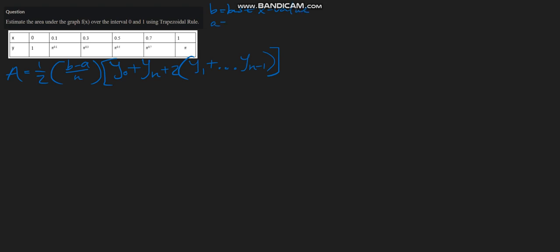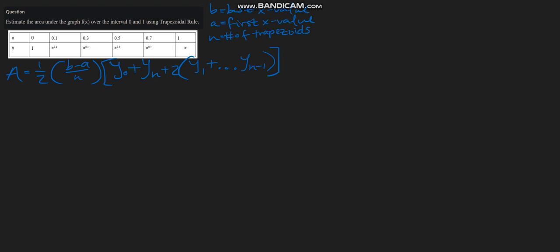So now the a equals the first x value, and the n equals the number of trapezoids